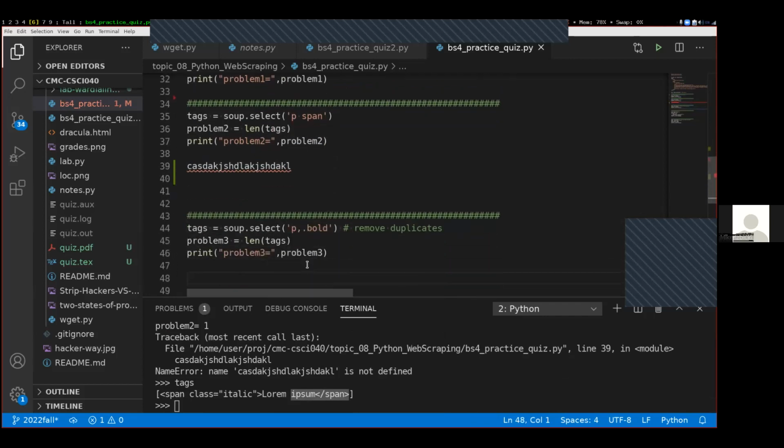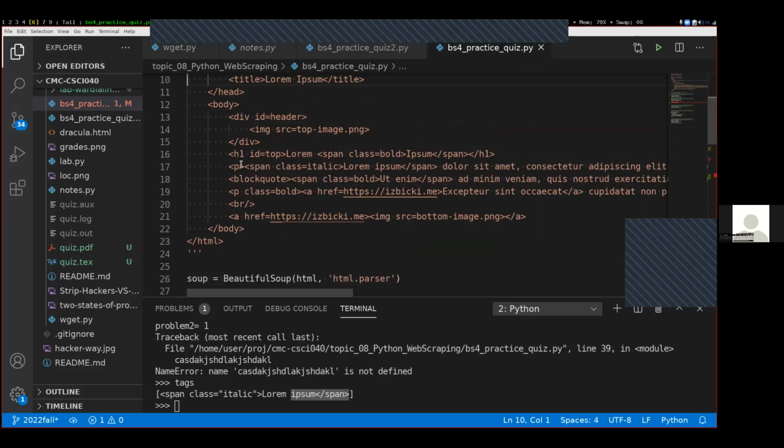Okay. One of the things that is different about this quiz in terms of CSS from the previous quiz is that I never asked you before about situations where there are duplicates, but now I am going to ask you about situations with duplicates. So here, the p comma dot bold. Recall that the dot bold means that we're finding tags that have the bold class. And the comma means do the thing on the left or match the thing on the right. And if I look up here,